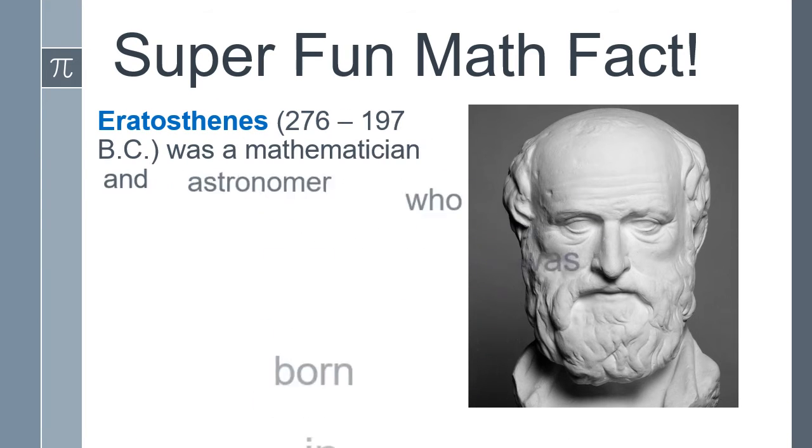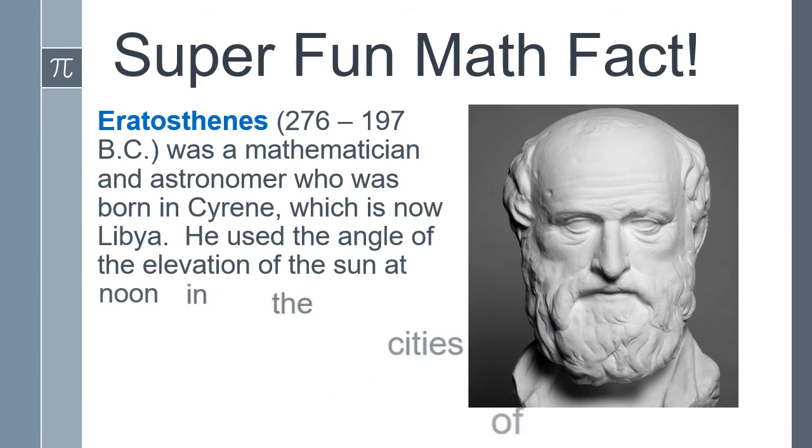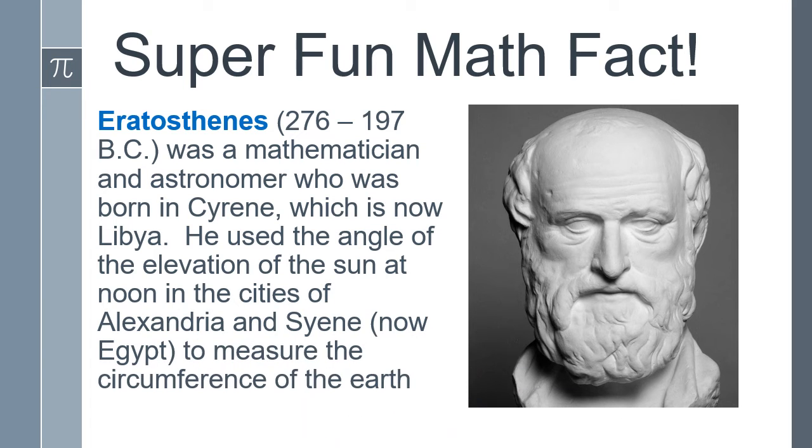Super fun math fact. Cool, huh? So Eratosthenes lived between about 276 and 197 BC. He was a mathematician and astronomer who was born in Cyrene, which is now in Libya. Libya is located in northern Africa on the coast of the Mediterranean. And he used the angle of elevation of the sun at noon in the cities of Alexandria and Syene, now Egypt, to measure the circumference of the earth. Believe it or not,